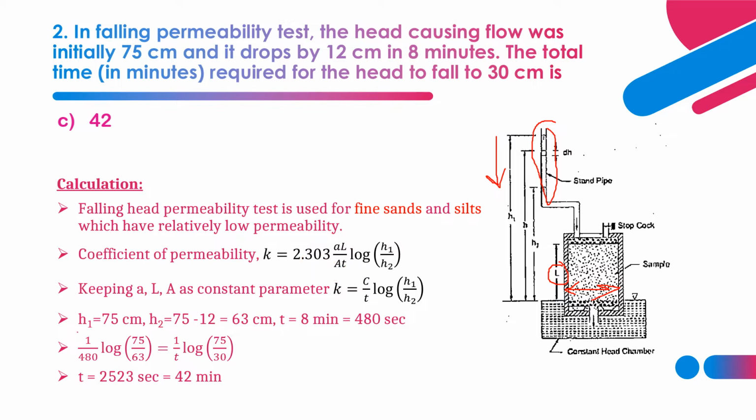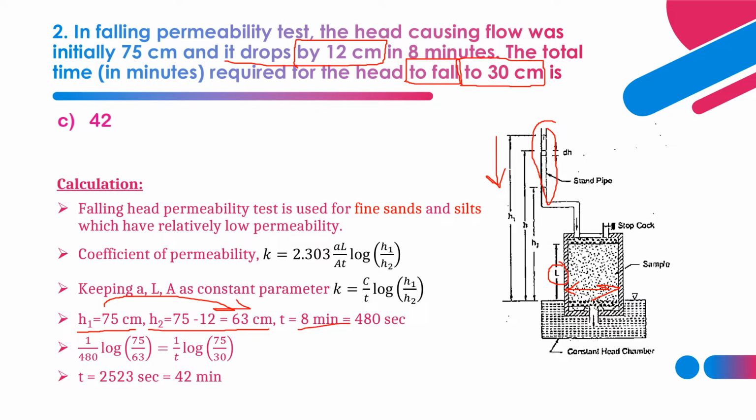And here we know that H1 is equal to 75 and H2 is equal to 63. How? Because it is dropping by 12 centimeter, not dropping to 12. We have to be careful of fall to or fall by. If it is 2 centimeter, then the head will be 30. If it is by 12, then we have to subtract 75 minus 12. So that's why H2 is 63, and the time taken from 75 to 63 is 8 minutes,